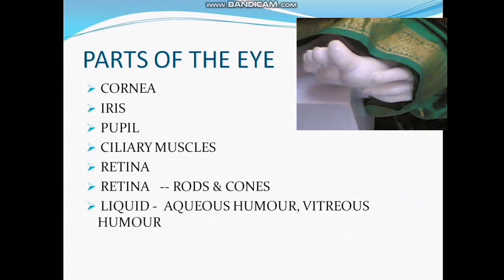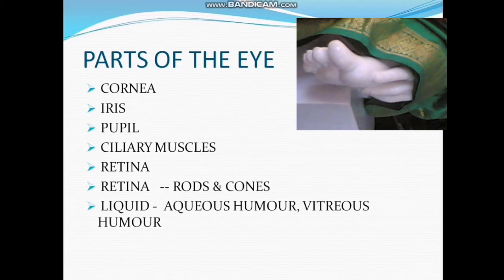Ciliary muscle. It has two functions. First, it modifies the curvature and thereby the focal length of the eye lens by contracting or relaxing itself to focus the image of an object on the retina according to the distance of the object placed. Second, it holds the eye lens in the proper position.